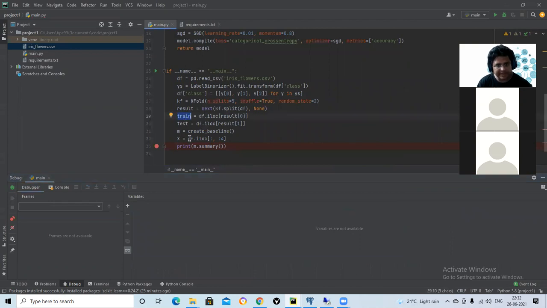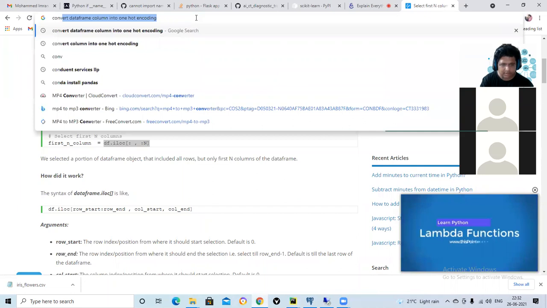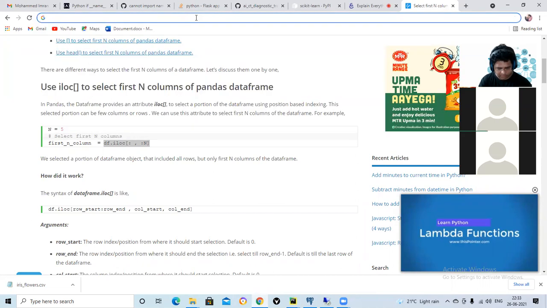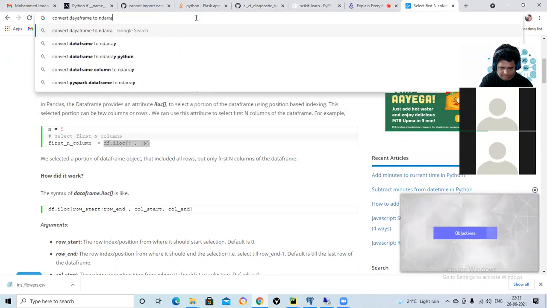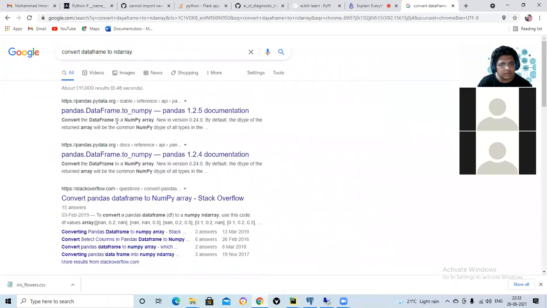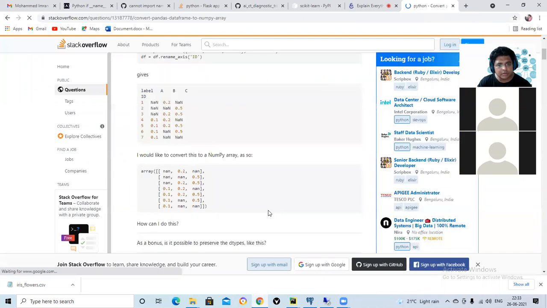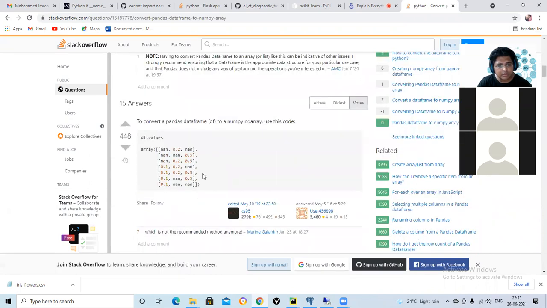So I have to do it from train, right? Train. Convert to NumPy. df.values.